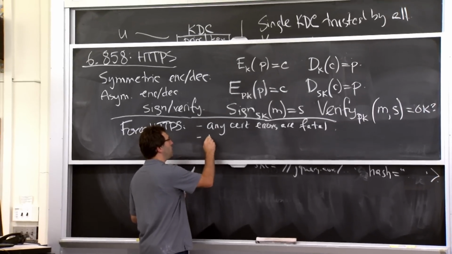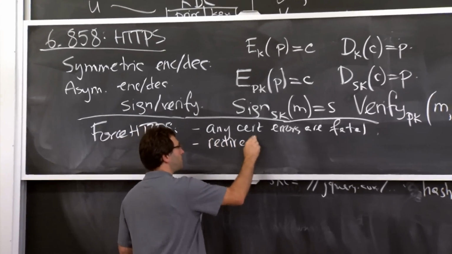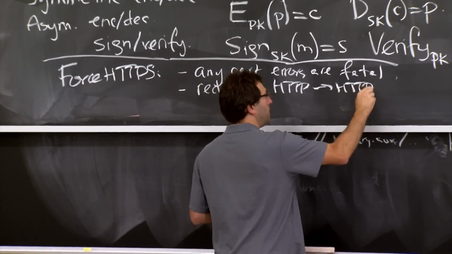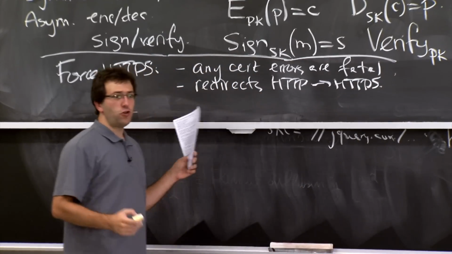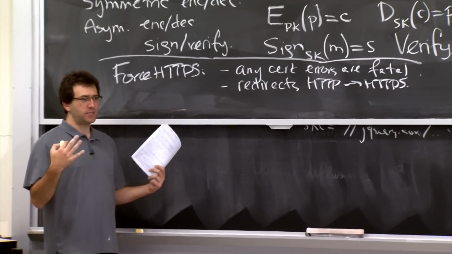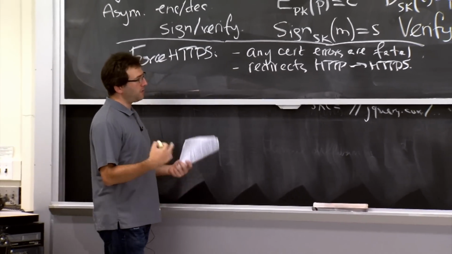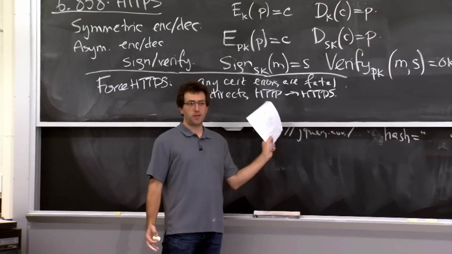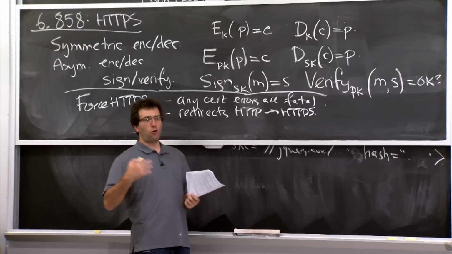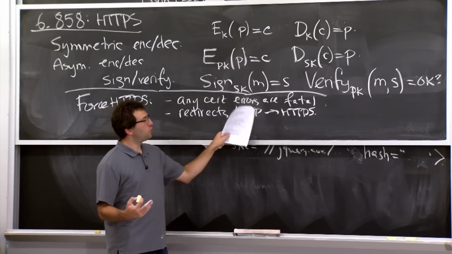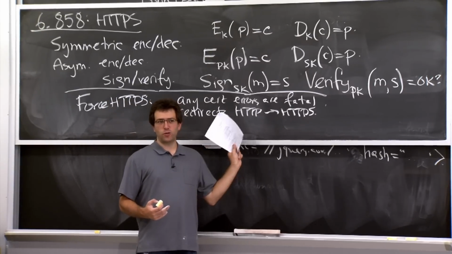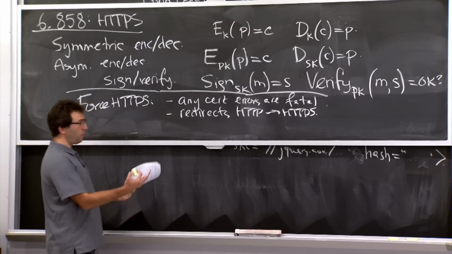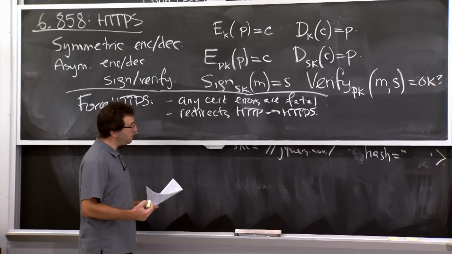Another is that it redirects all HTTP requests to HTTPS. So this is a pretty good idea. If you know a site is always using HTTPS legitimately, then you should probably prohibit any regular HTTP requests to that site, because that's probably a sign of some mistake or an attacker trying to trick you into connecting to a site without encryption. You want to make sure this actually happens before you issue the HTTP request. Otherwise, the HTTP request has already sailed onto the network.